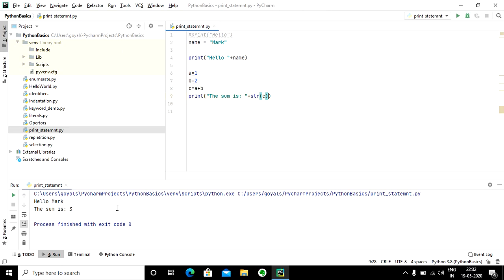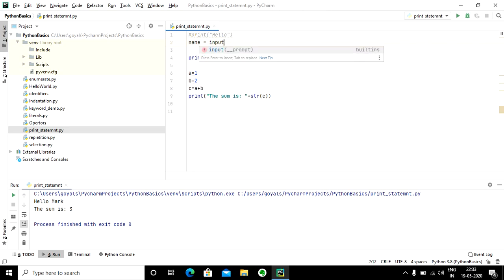So even if you look here, there is a problem. I am specifying what is going to be the name, and I am specifying what is going to be the values of A and B. But in an ideal situation, these things should be taken from the user itself. So I need to take the name as input from the user.